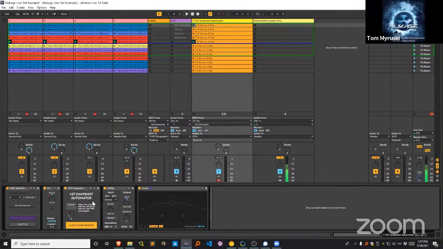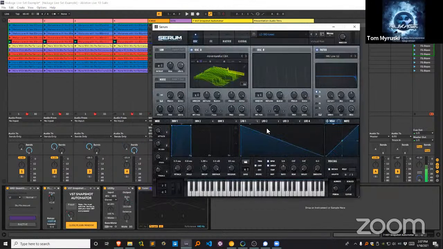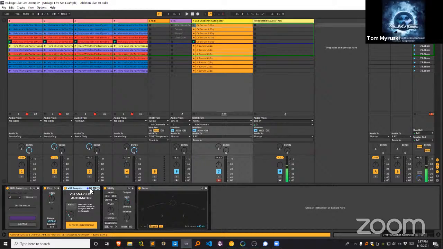So it's almost like a wrapper, if you will. What that allows you to do is that Max for Live has different ways of interacting with VST plugins than are available in Ableton. So if I click this, you'll see I have a Serum in here. And this can work with any VST. And what I've done is I've built a little